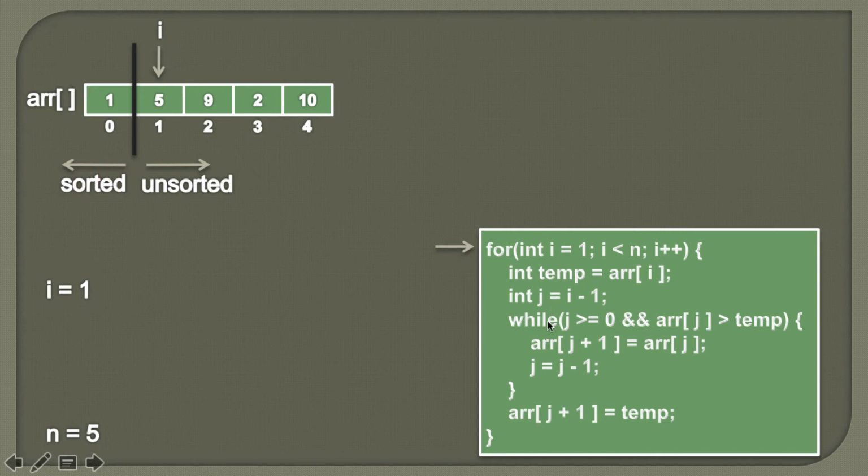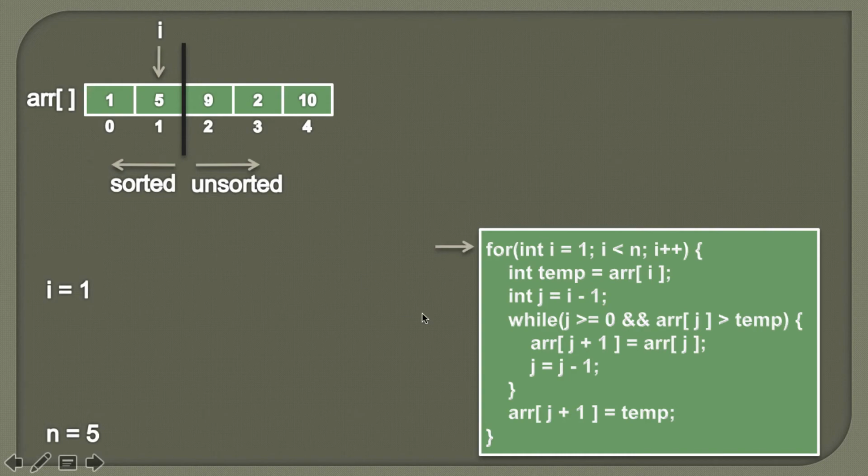So friends, after performing all these steps, now here you can see that 1 and 5 are two elements which are sorted. So therefore with each for loop iteration we will get one element which will be now part of the sorted array. So here now 1 and 5 are part of sorted array, and rest of the elements are part of unsorted array. So here now we'll increment i by 1. So i becomes 2.